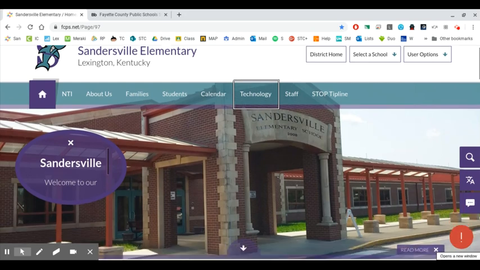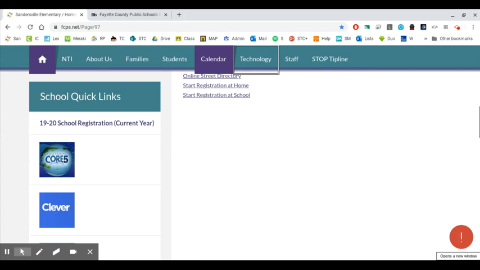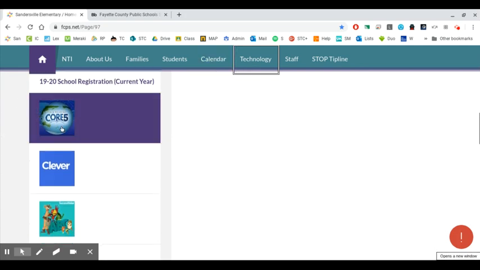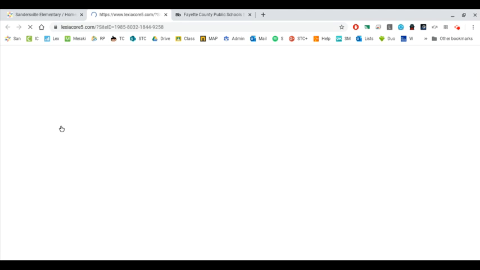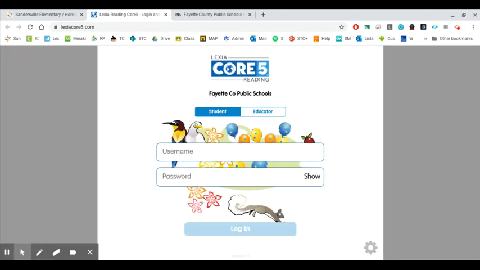I'm going to scroll down again on the Sandersville page down to the school quick links, and I'll click on Lexia Reading Core 5. There are some apps out there, but to be quite honest, they don't work that great. So I would use the link from our school webpage, even in lieu of going and searching on Google. Just use this link right here. That will open up Lexia Core 5, and it's going to bring you to this page. Now, this is where things get a little complicated